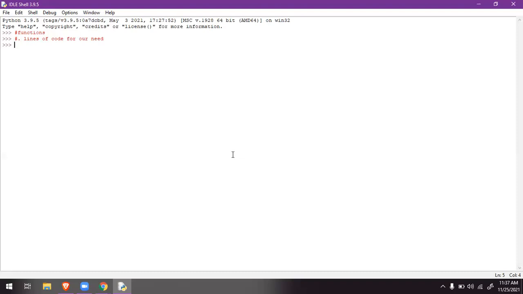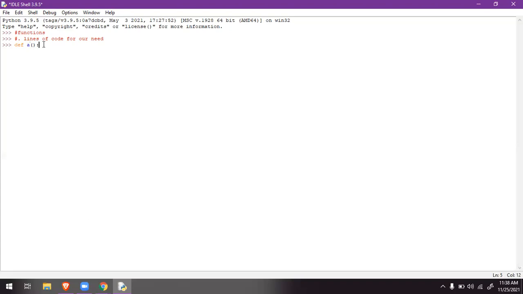Python provides great possibilities for writing those functions. Let me show you how we can initiate a function. In order to initiate any function, you have to write def. It indicates that we are defining a function. We are defining the function whose name is a. We haven't mentioned anything yet.